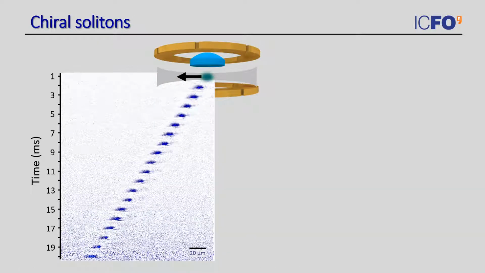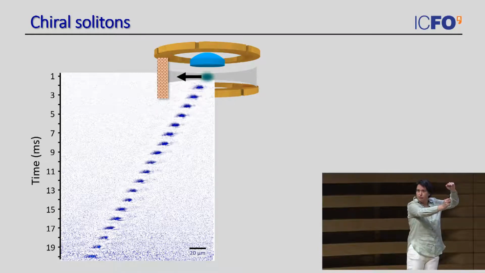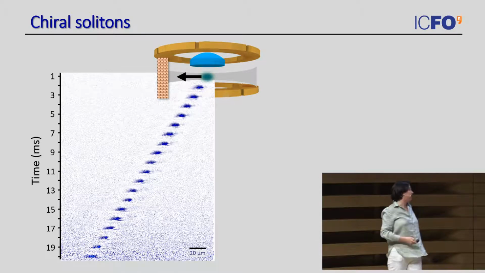So in my group, we like very much self-bound states and solitons. We have been doing several types of them. So we decided that now that we made this new type of soliton, we should characterize it to know more about it. And we came up with an idea of experiment, which was to build a wall for this bright soliton that we have launched to the left. And of course, it's not a wall, it's a blue-detuned laser beam that we focus to the side of the cloud, and we choose the power to be high enough that the barrier is so high that the atoms cannot tunnel through it, so they are just going to get reflected from it.